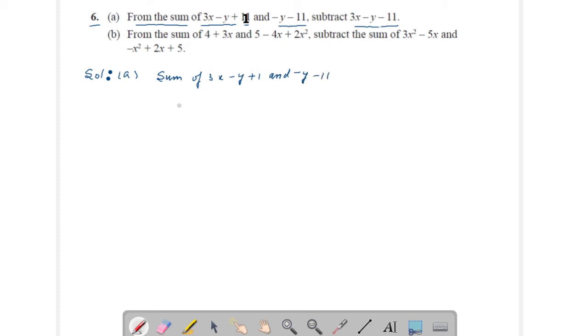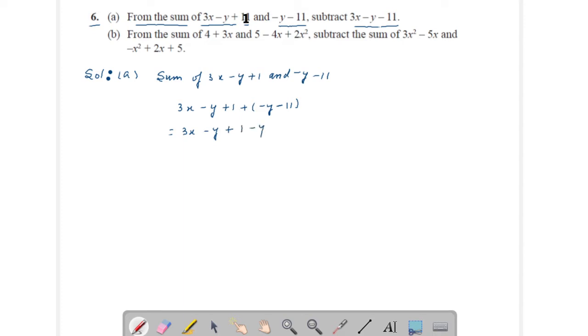It will be 3x minus y plus 1 plus minus y minus 11. Here open the bracket. You will get 3x minus y plus 1